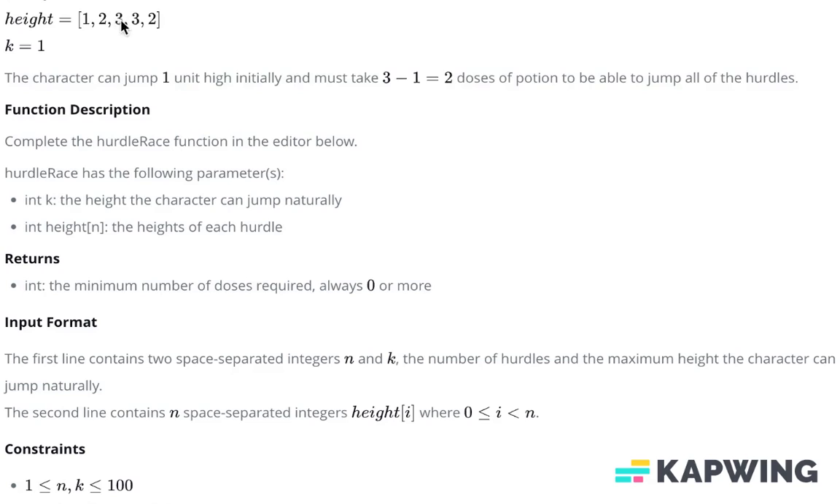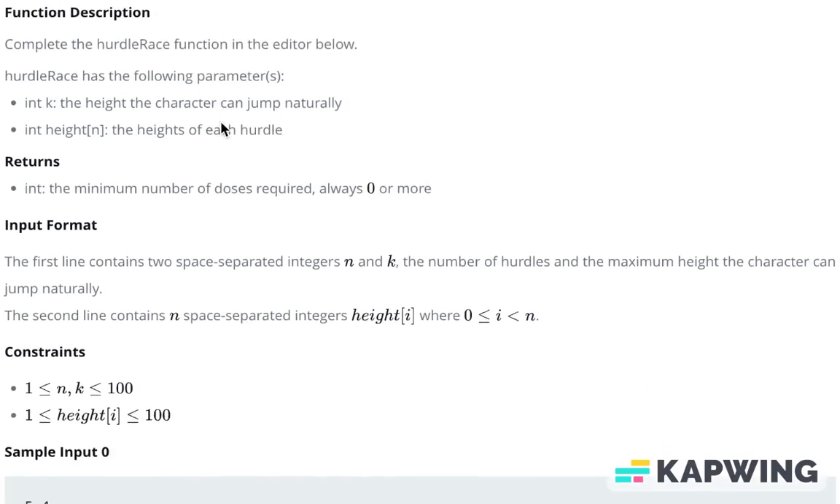So if we take the maximum number or the maximum height in the array, over here the maximum is 3, it means that we subtract 1 from 3 and then we get 2. It means that he has to take 2 doses so that he can jump the very third one. So that is the first example,